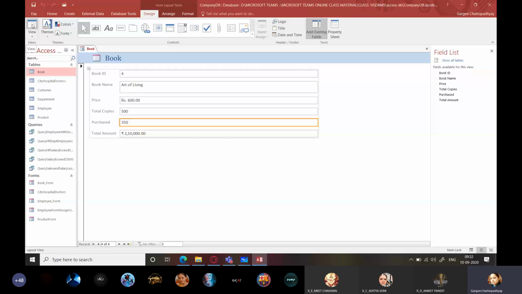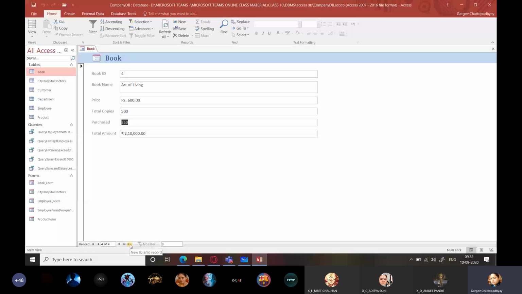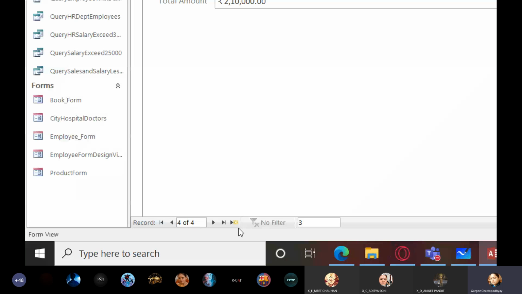Now right now, which view is this over here? It is the layout view. So I'm going to go to the form view. When I click on the form view, now over here, you can enter any record. How can you enter any record? Just look over here. Can you see this button? This is for a new or blank record. So when I click on this button,